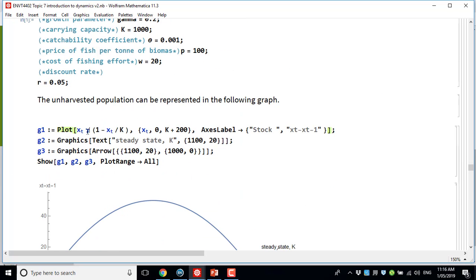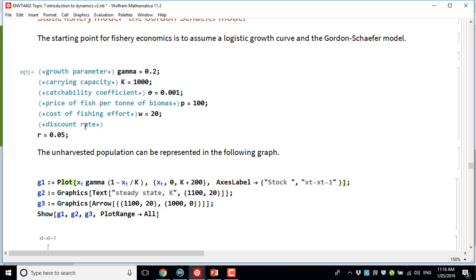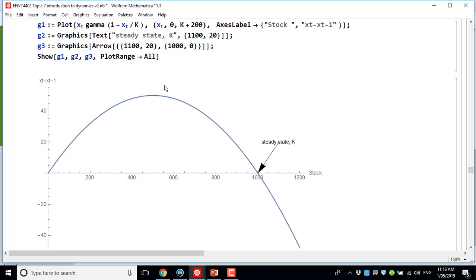I've just changed the code. So if you could just change the code, I'll fix this up later. But if you see gamma, then just type in gamma as a word, because I tried to remove the Greek letters because they just cause confusion. So if you just make sure that these parameters are all evaluated, then